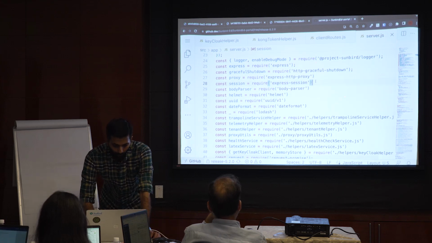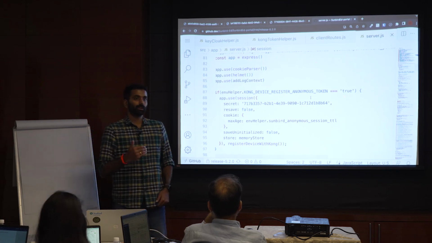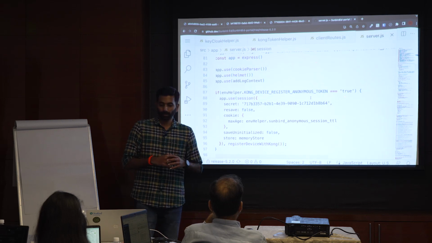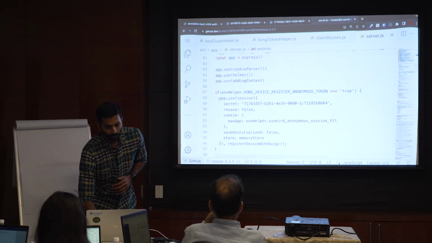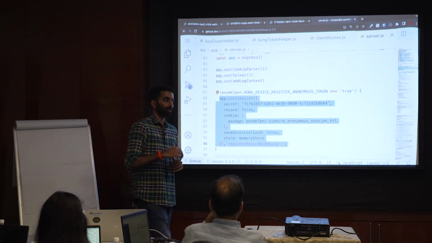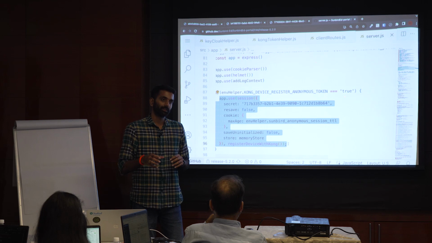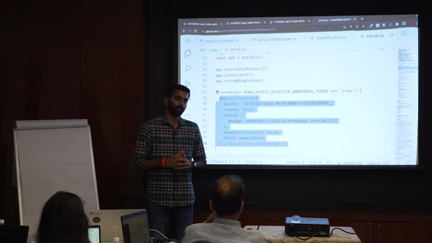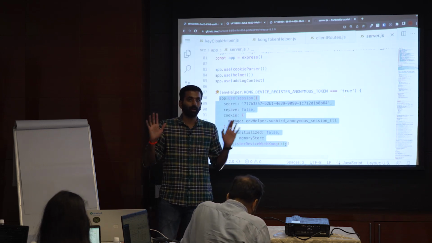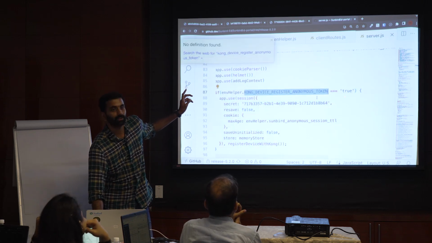Now, every API request needs to pass through the session conditions. There's one block which is responsible for this activity. Previously we did not have this block. Once the user is logged in, that goes through a different set of instructions where the session is created post the Keycloak authentication. Right now we are talking about the anonymous user, and there is a flag called Kong device register anonymous token.